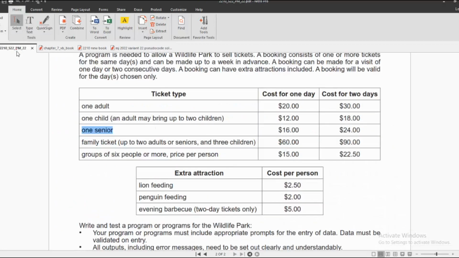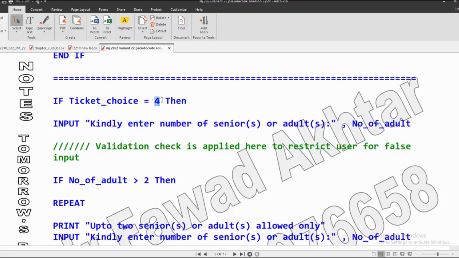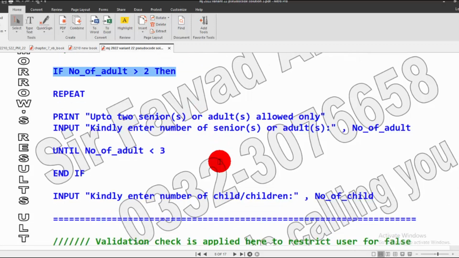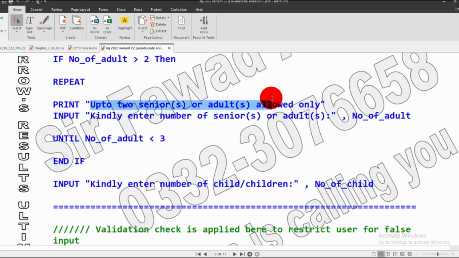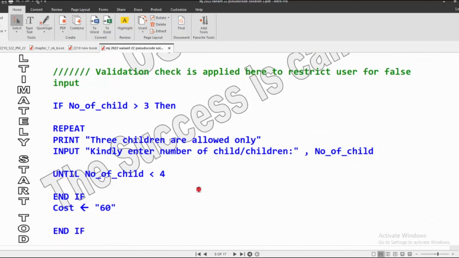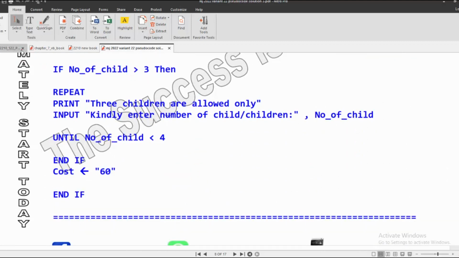Now ticket number 4, here family ticket up to 2 adult or senior and 3 children. So if ticket choice is 4, it will ask the number of senior or adults, and it will store in the variable number of adult. Validation check is being applied that more than 2 are not allowed. So if number of adult greater than 2, then it will ask the same thing, kindly enter the number of adults, and it will also show a message that up to 2 senior or adults allowed only. So it will ask again and again until we input the number of adults less than 3, like 2 adults or 1 adult. And then it will ask the number of children, and it will be stored in the number of child variable. Again, we will place a validation check that if number of child greater than 3,